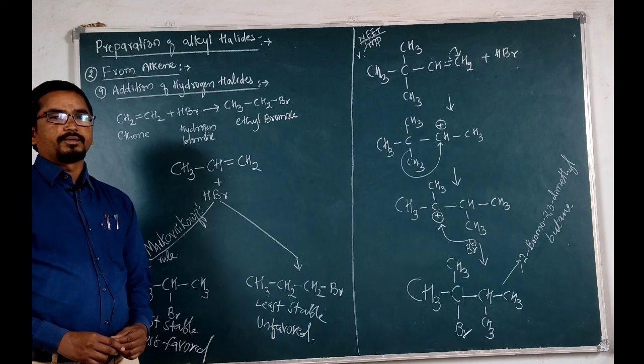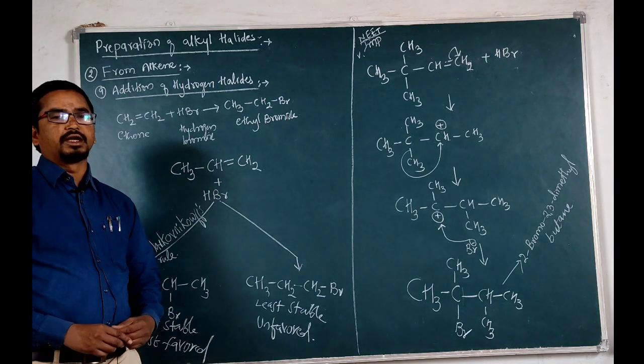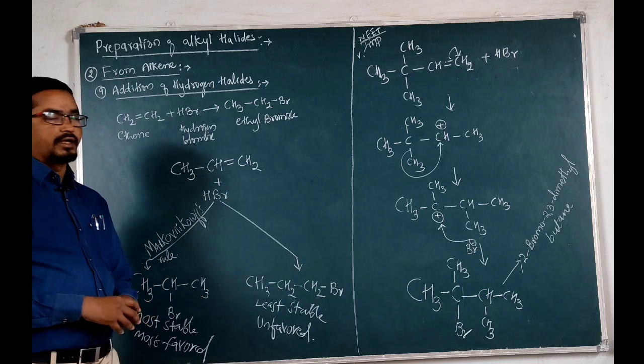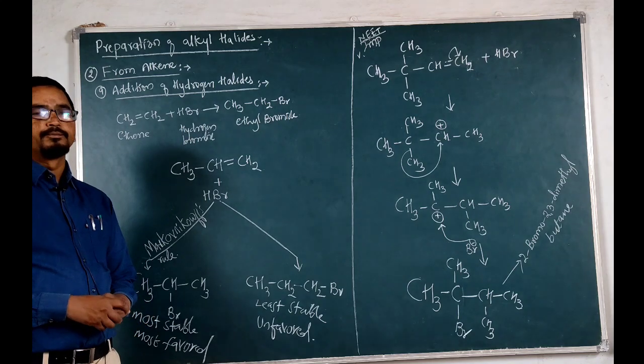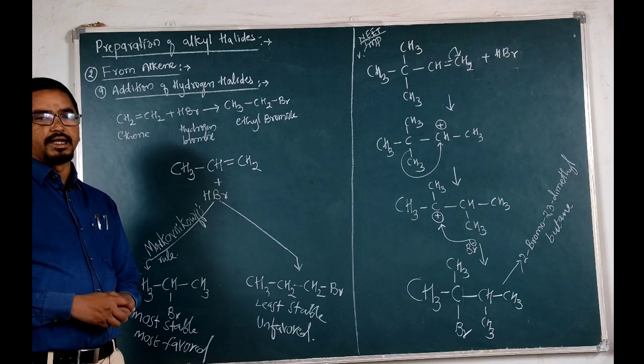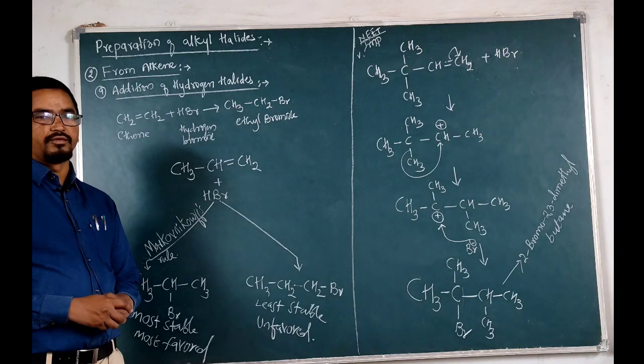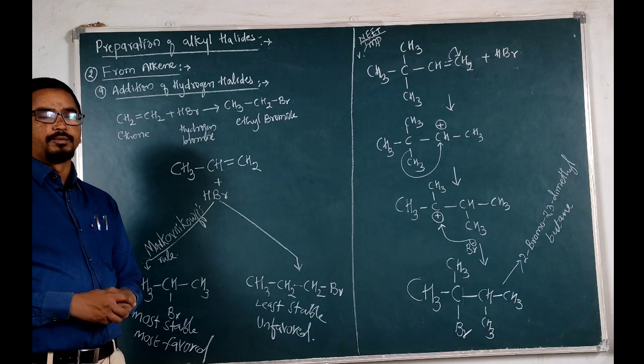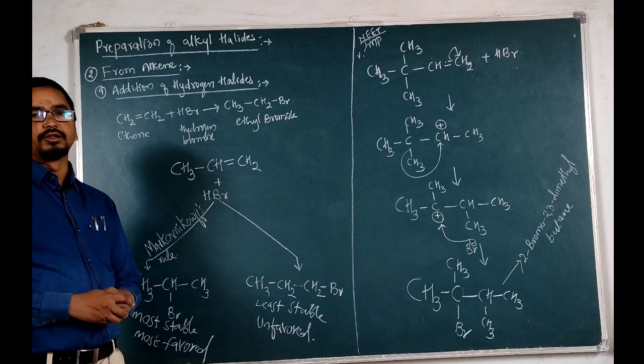In this video lecture, I am going to discuss the method of preparation of alkyl halide by using alkene. Here particularly I am dealing with the reaction of alkene with hydrogen halide. When hydrogen halide reacts with alkene, it leads to the formation of alkyl halide. Because hydrogen halide dissociates to give H plus ion and halide minus ion, and in the alkene the pi bond is easily broken, and on one side the positive ion goes and on the other side the negative halide goes. In this way the alkyl halide is formed.